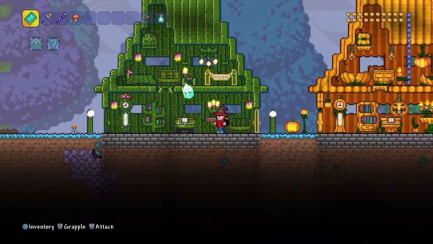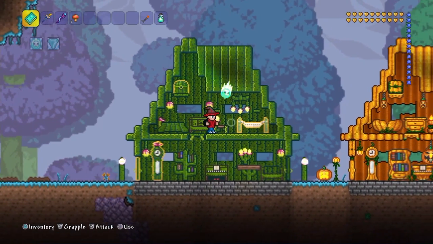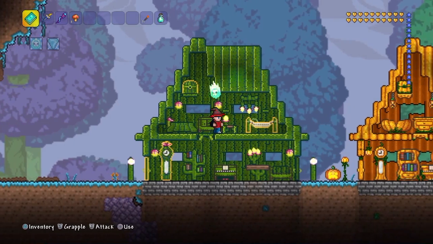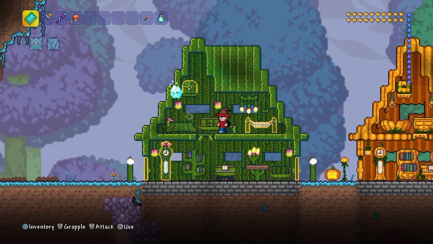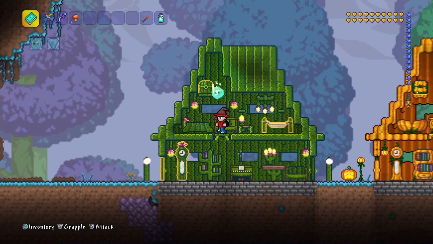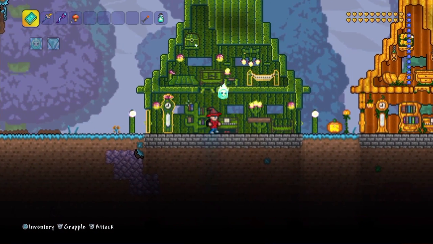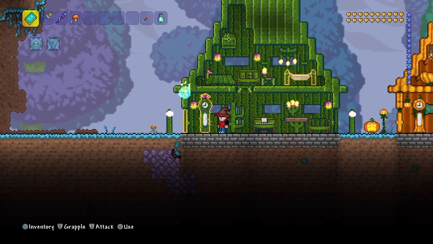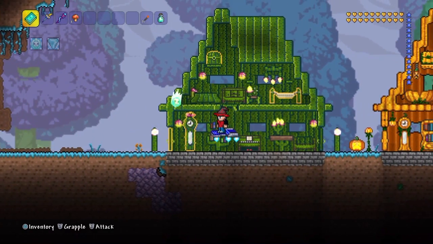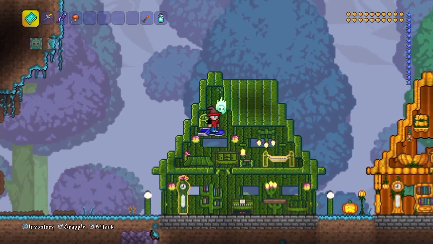It is a full house, so you have the bed, bathtub, dresser, working bench, chandelier, candelabra, candles, piano, bookcase. I think it's pretty cool. The bookcase, the clock, sofa, the lanterns, the chest. Now, if you notice,